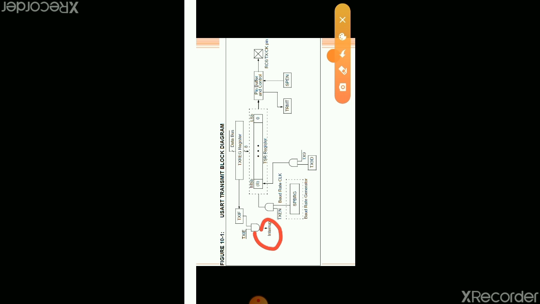After that we want to transmit bit by bit, and according to the baud rate the bits are transmitted out. When the shift register is full, the TRMT bit is 0. When it is empty, the TRMT bit is 1. And very important, if you are going to use USART, the serial port enable bit should be set. If it is 0, it means the USART mode is not working.